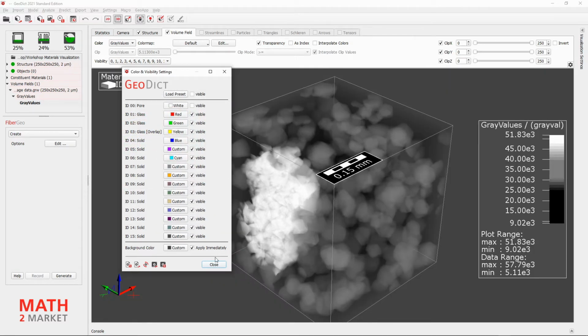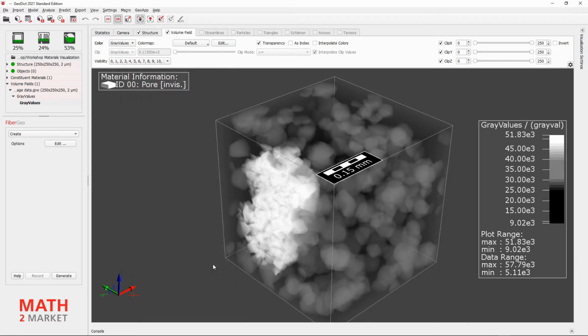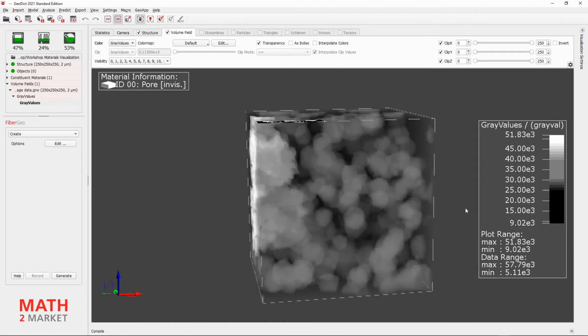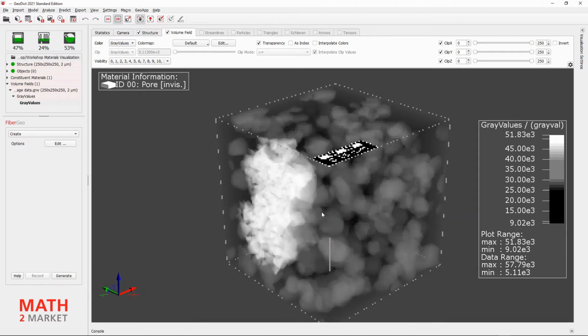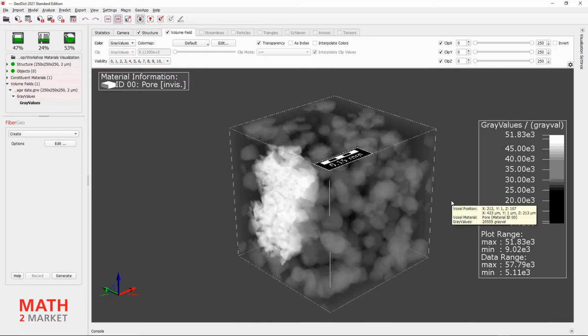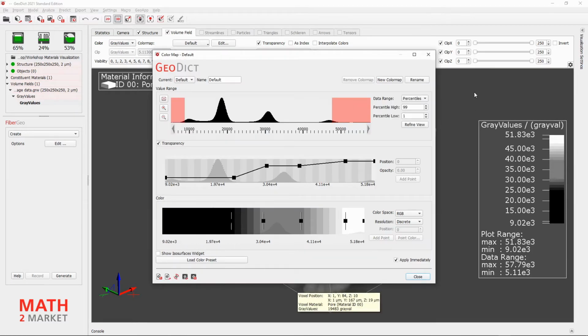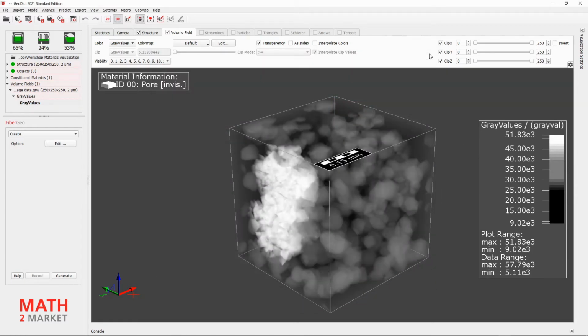We also close the Color and Visibility Settings dialog by clicking Close. As we can see, this kind of visualization is also very pleasant and everything is still well visible. We now want to save the settings together with the color map settings. Before, we only saved the entries in a specific dialog, the color map dialog. Now we want to save all settings corresponding to the visualization.